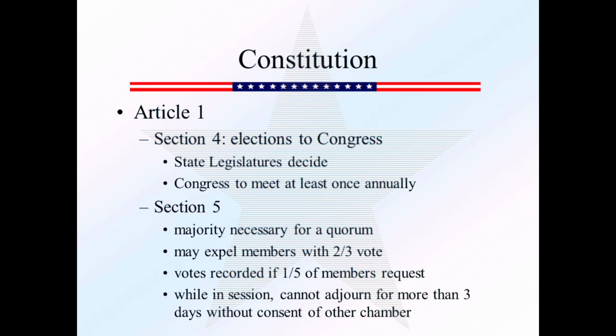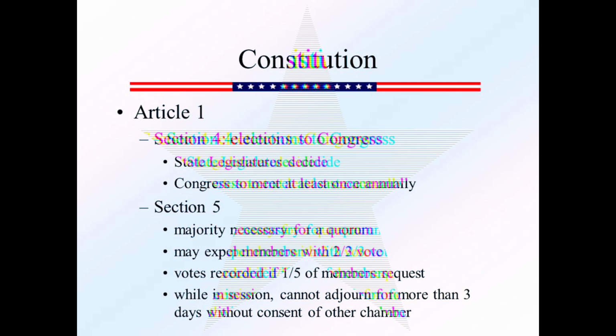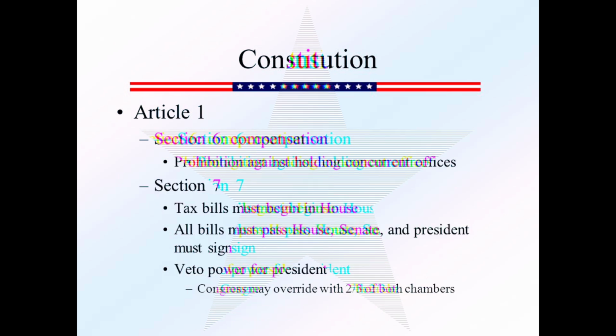serving a 6-year term. Section 3 originally required that the state legislatures elect the members of the Senate, but the 17th Amendment, ratified in 1913, provides for the direct election of senators. Section 3 lays out various other rules for the Senate, including a provision that establishes the Vice President of the United States as the President of the Senate.